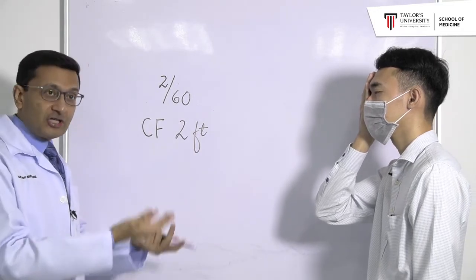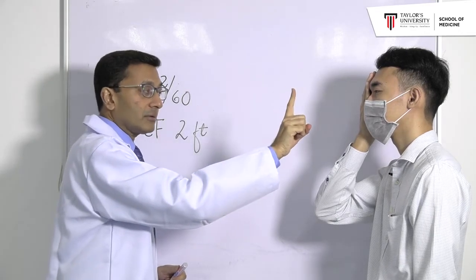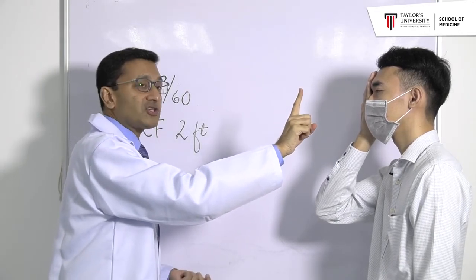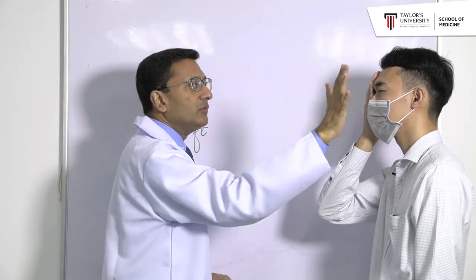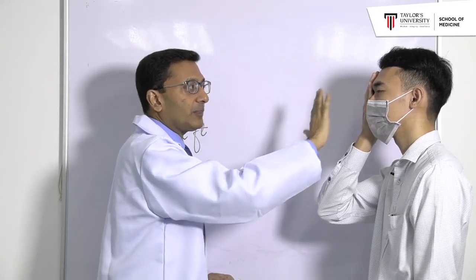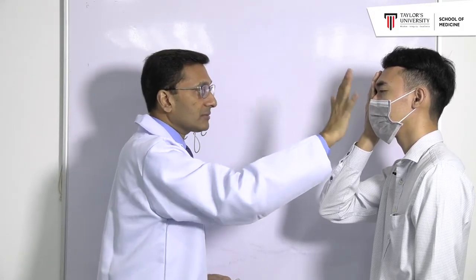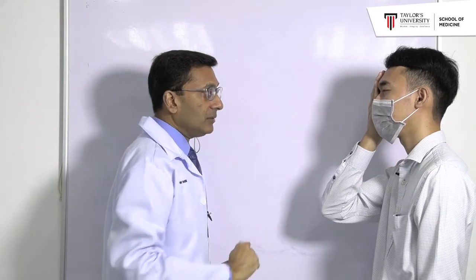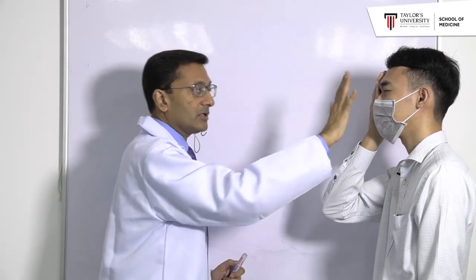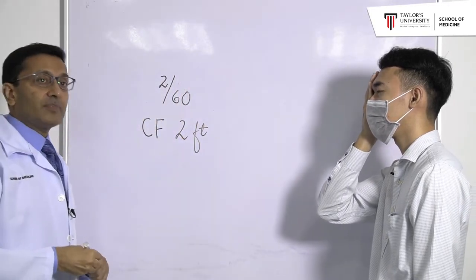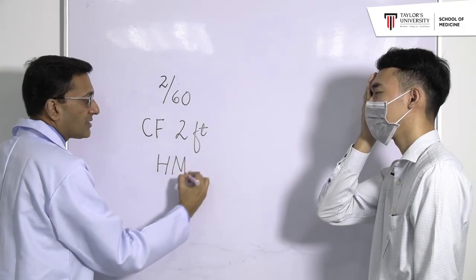If the patient is still not able to see, I move 1 foot closer to the eye. If the patient still cannot see, then close to his face, I move my hands and see whether the patient can appreciate hand movements or not. Can you? Yes. Now? No. Now? Yes. Since the patient is able to appreciate hand movements, I record the visual acuity as hand movements present.